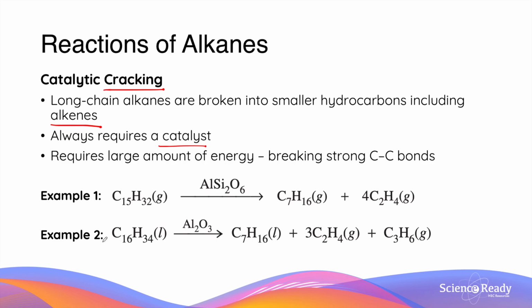In the two examples shown, a much larger hydrocarbon, or alkane, whether it's in a gas form or liquid form, in the presence of a metal-based aluminium catalyst, is broken down into a smaller form of alkane with 7 carbons each, and more importantly, the formation of alkene. So the reaction of catalytic cracking converts a large alkane into a smaller alkane, and also an alkene molecule that's